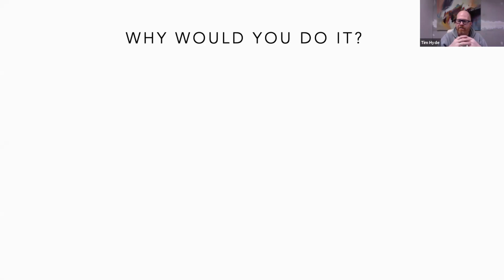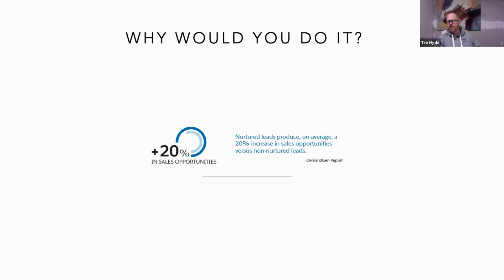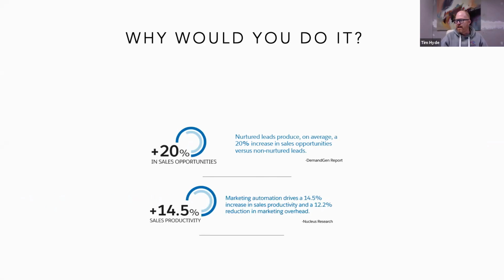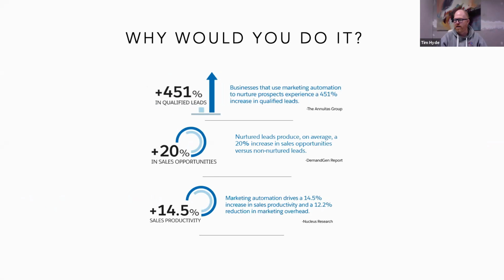Now, let's look at why effectively you might do sales and marketing automation in your business. There's a couple of reasons. The first of those obviously is that it does increase the number of sales opportunities, usually by about 20%. There's a bunch of stats you can find online. You'll get about a 14% bump in sales productivity. So if your team is doing sales, you're going to get more. And the best part is that you'll get around 451% more qualified leads in your business than you would if you didn't. Now I don't know about you, but those numbers look pretty good to me. And I prefer to be talking to qualified leads than tire kickers. And Nick, I'm sure you'll do the same.